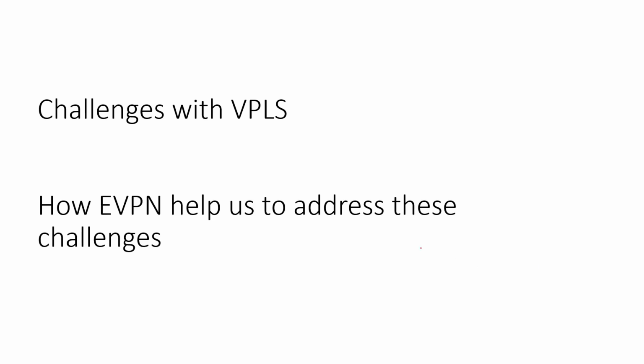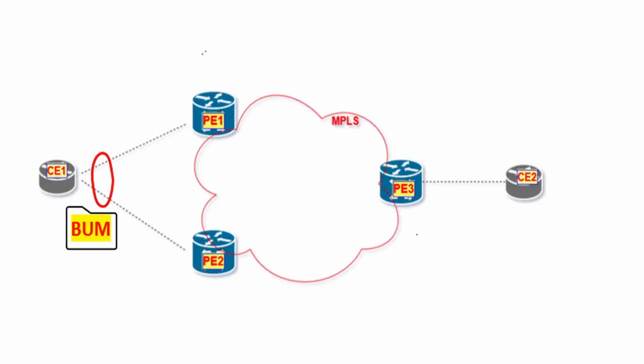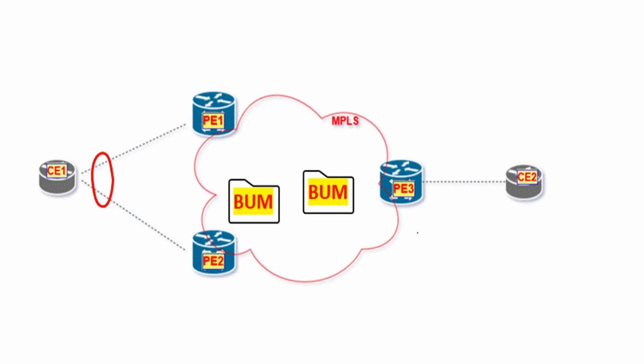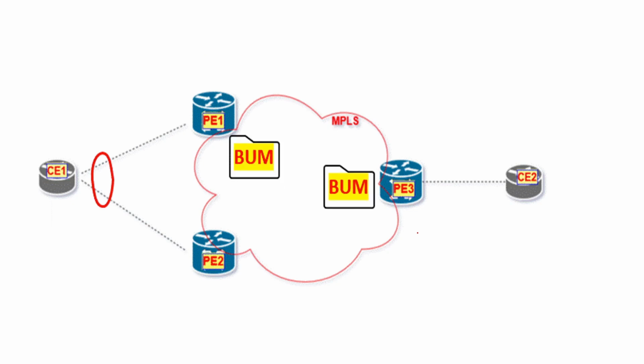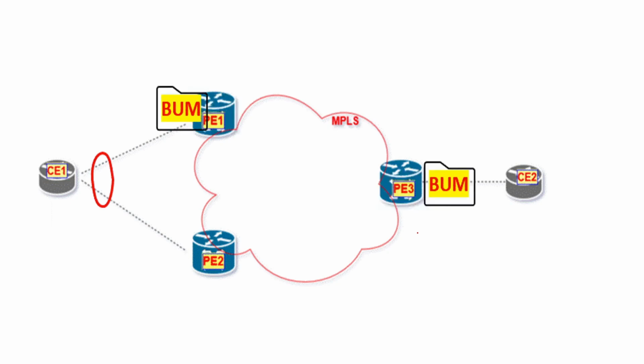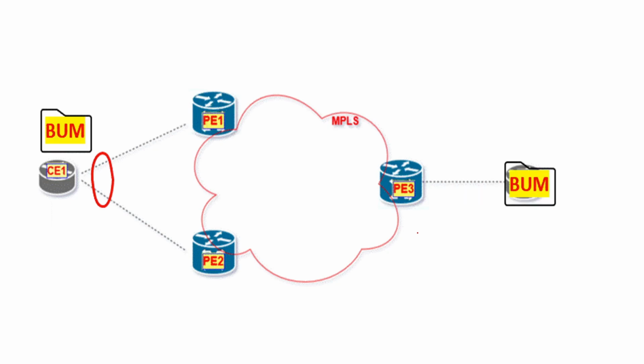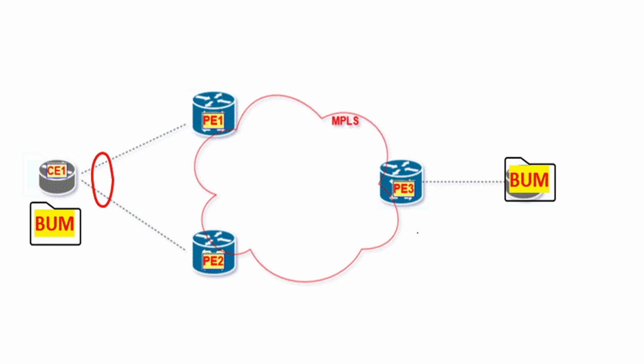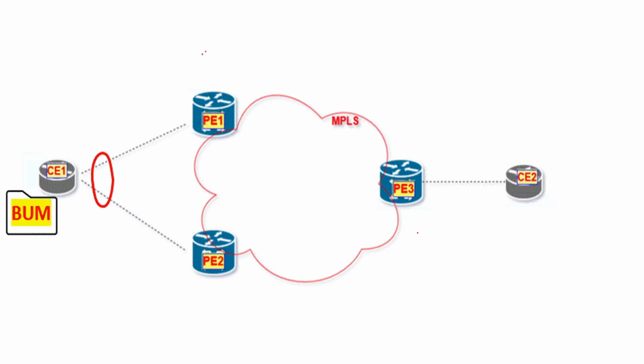So let's deep dive into how these EVPN route types help us to mitigate those challenges with the VPLS. Multi-homing with the VPLS is a little bit difficult. In the active-active scenario, where active-backup is possible, any BUM frame generated by the multi-homing CE will be forwarded by the PEs to each other, and then